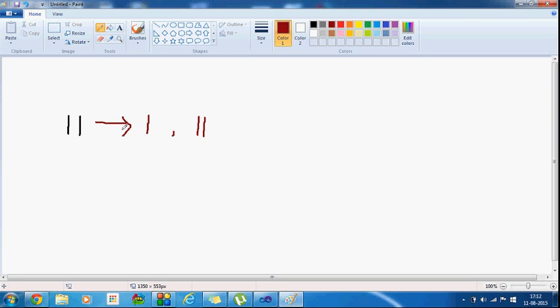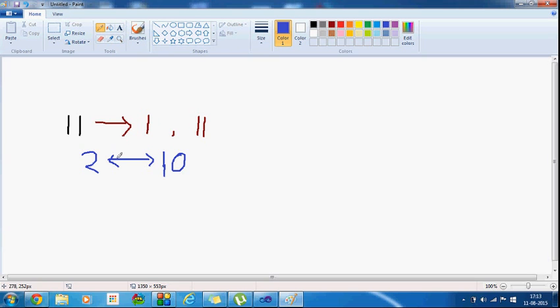So how will I check? First I will check how many divisors this number 11 has. So I have to check whether it is prime or not. I have to divide 11 from 2 to 10.